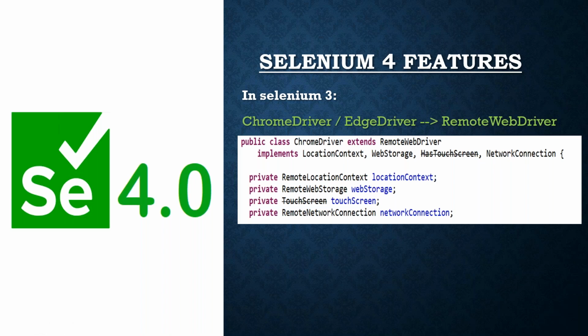For the people for whom W3C is new, W3C is a web standard where they have defined some standards which say that a particular website should look and work in the same way in all the web browsers. It should not be that in Chrome you are showing something and in Firefox you are showing something else. So W3C defines standards where the same URL will look and feel the same across all the browsers. That is called the W3C standard. That is a major thing, and there are many other standards as well, which are now followed completely by WebDriver.